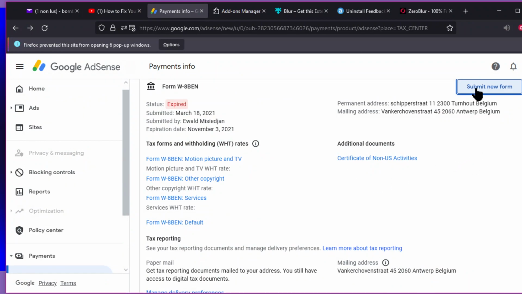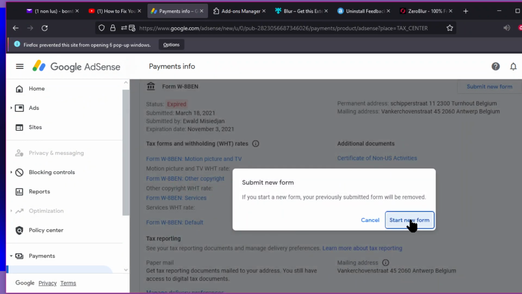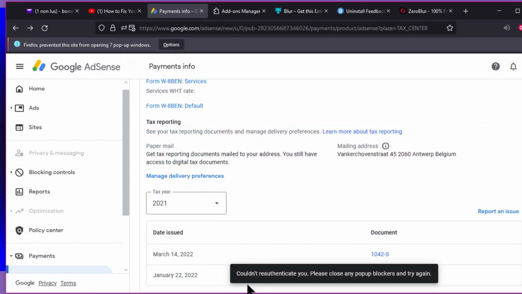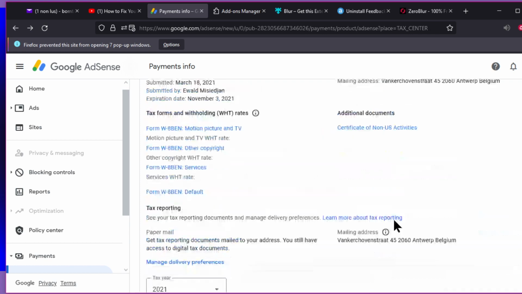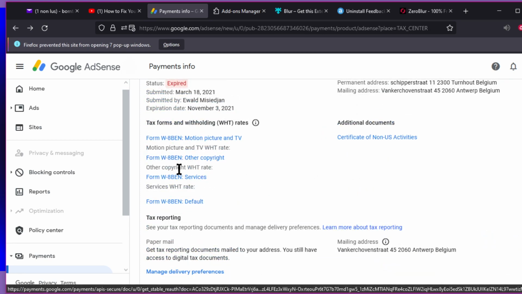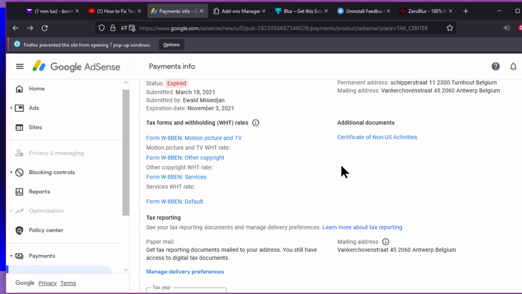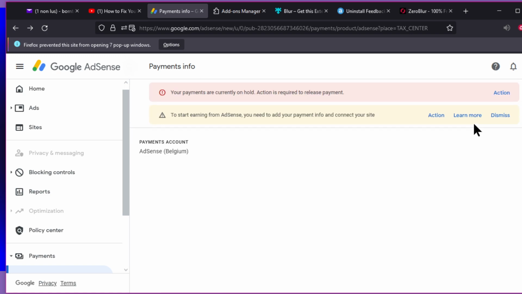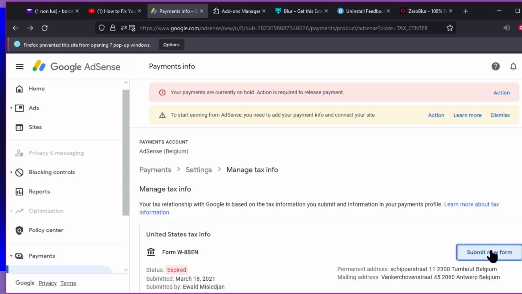So, not knowing that when I click this thing, and I click the new form, click it again, if I scroll down, it shows something here. But if I didn't scroll down, I didn't notice it. Google's so messed up. They don't bring the thing to the top so that you can notice it. So I'm like, wow, what is all this? They're just trying to take money from people or something like that.